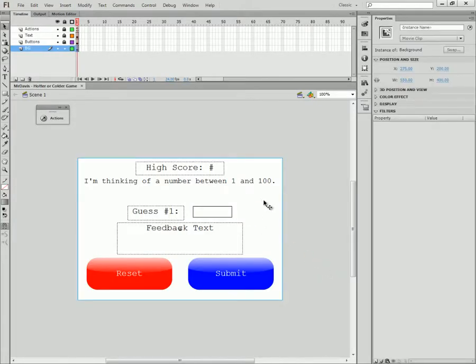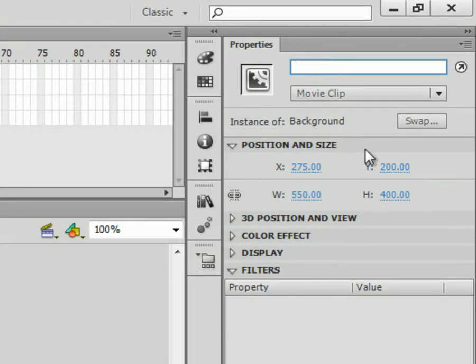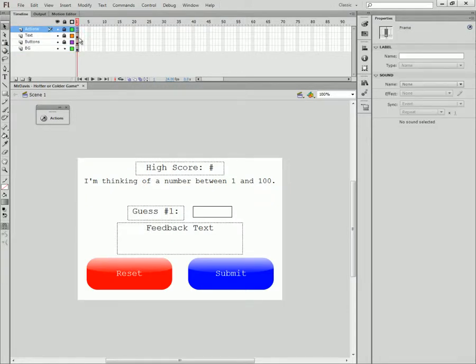And first of all, we need to give our background an instance name. So I'm on my main stage, clicking on my background, instance name. Well, it's a movie clip, so I'll say MC and then BG for background. Press enter. Now if we go into our actions on our main stage,